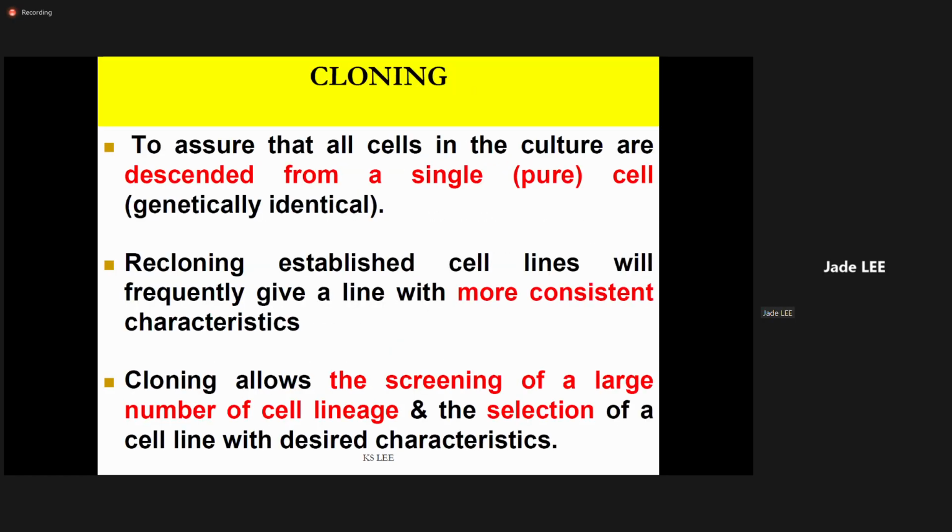And cloning. For this part, I will leave it to the next session. In the next session, we'll talk about cloning and how to isolate the cell line, and also how to conduct cell line selection and characterization. After that, we will be done with this 7 week lecture. Then we'll go for the